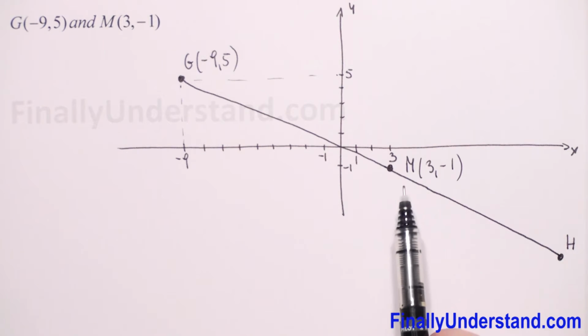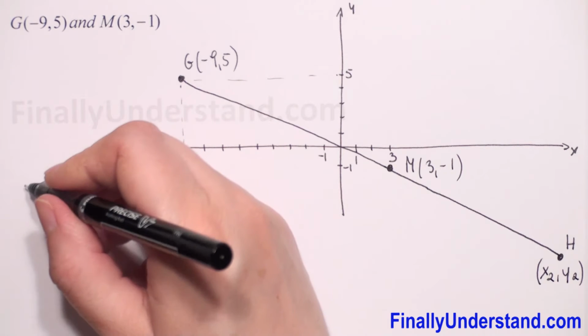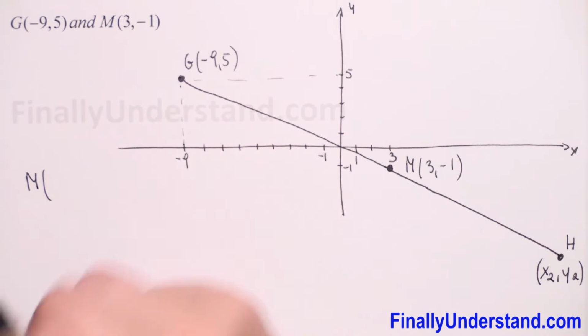Because M is our midpoint, the coordinates of the midpoint of a segment are the averages of the x coordinates and of the y coordinates of the endpoints. So to find H, we will use the midpoint formula. Let's say that H has coordinates x2, y2. So we will have that our midpoint has coordinates